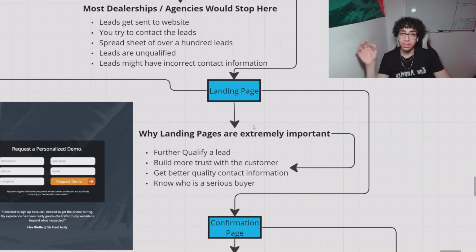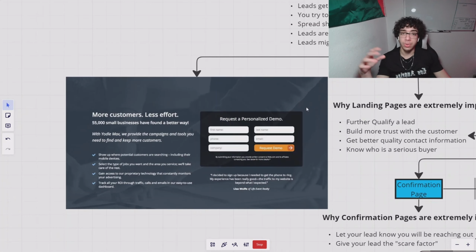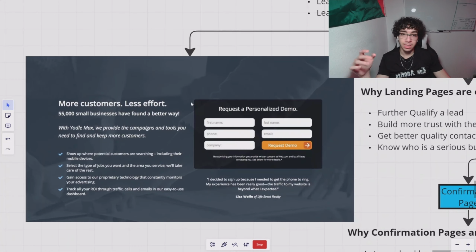After your lead form, you want to send them over to your landing page, but the only way to really send them over is by using your incentive. So a landing page can look something very similar to this. This is obviously not what we run, but this is an example. It's a little demo. It can just ask them for some contact information, and then you can click next and